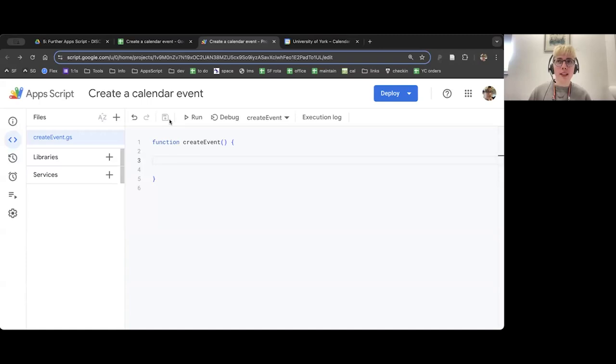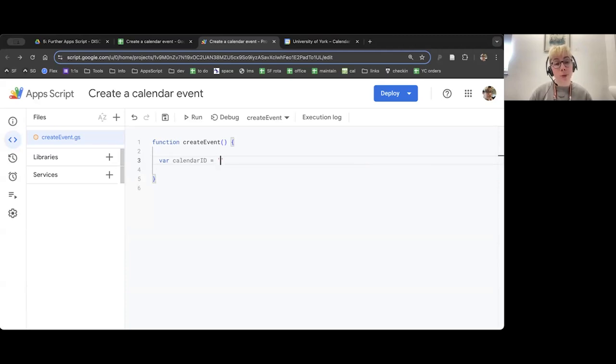So the first thing we need to do is to tell it what calendar to make the event in. So we'll need a calendar ID and then we'll need to get the calendar using it with its ID, like we've done with other things, like getting a Google Doc by its ID. So I'm going to go onto my blank line and I'm going to create a variable for my calendar ID. I'm going to write VAR space and then calendar ID. And then I'm going to do a space and an equals sign and a space and then put some quotes in which I can put my calendar ID.